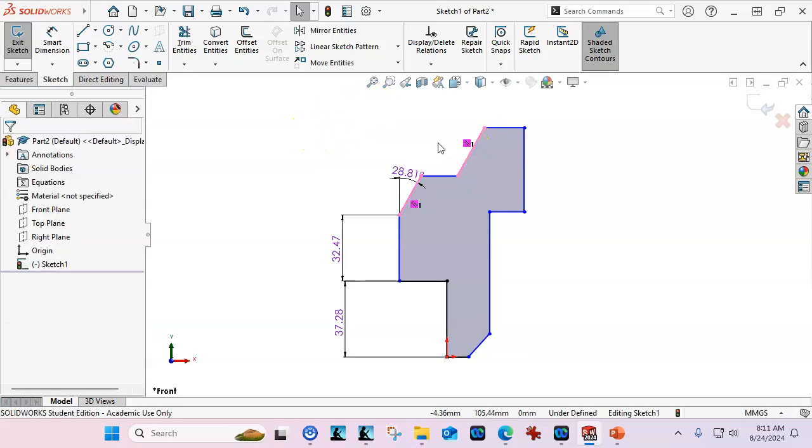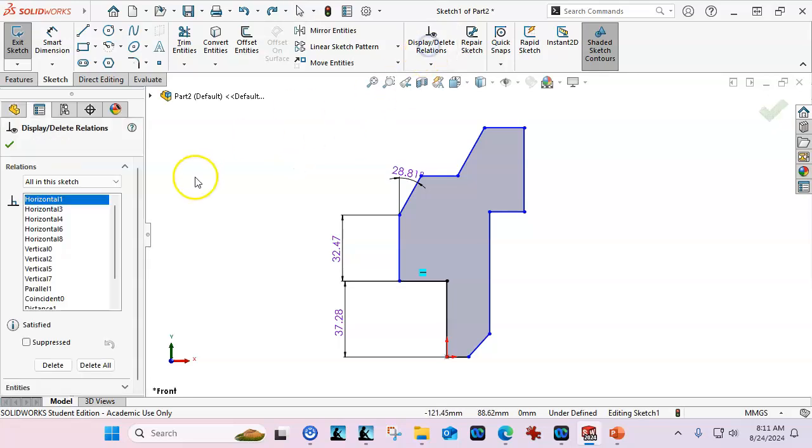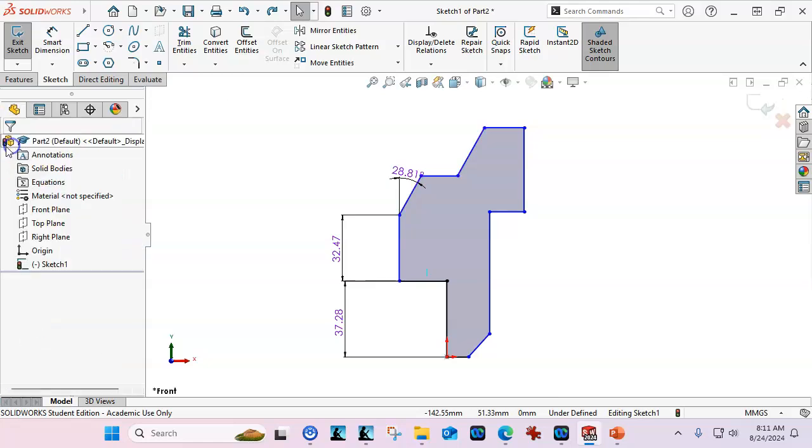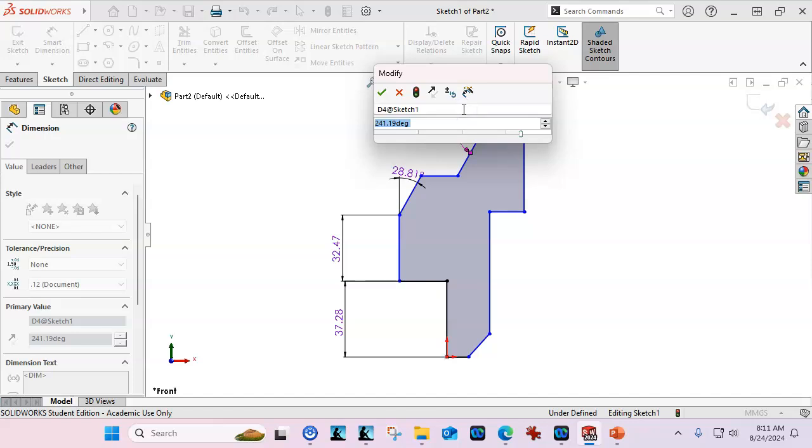We can click on the box and hit delete on the keyboard, or I think I Control Z that, or picking on the line shows us the existing relation, or we have enough of them that we're having to diagnose it. We'll go back to the display delete relations and look down through here and say, oh, there's a perpendicular that I didn't want to be there, or a parallel I didn't want to be there, and we can highlight it and hit delete. Once we accept one of those and remove, then we're looking for that full angle to go